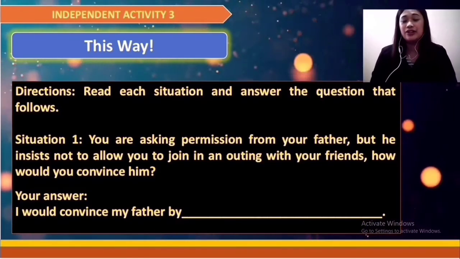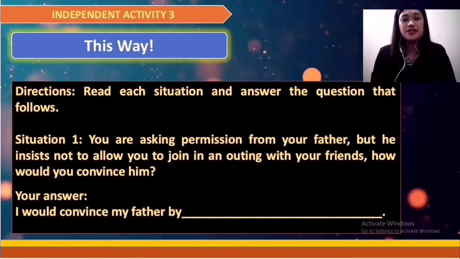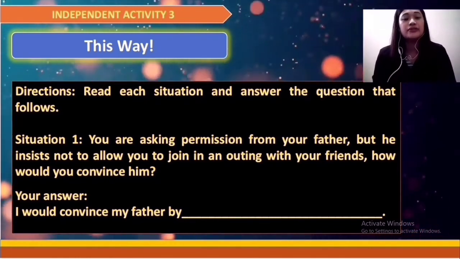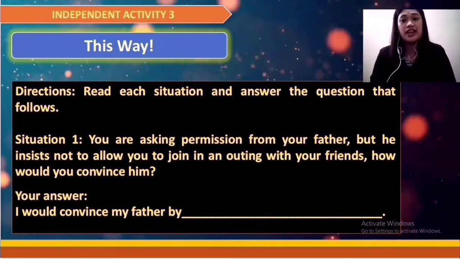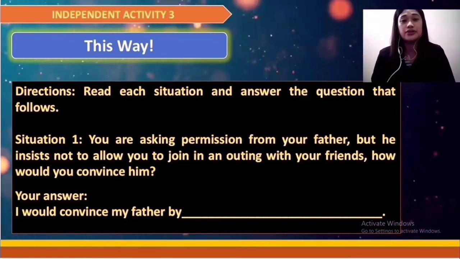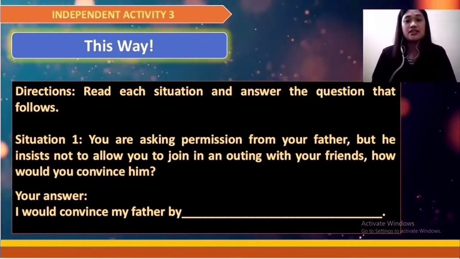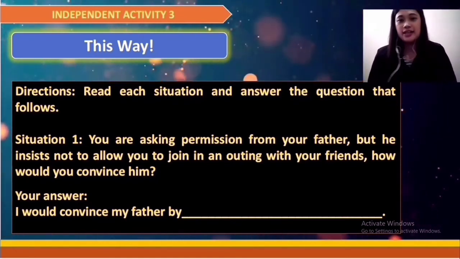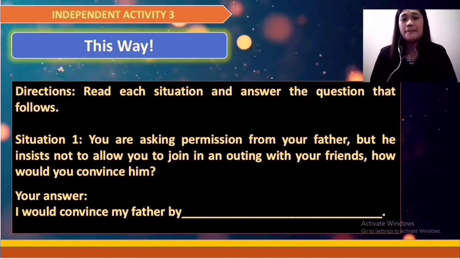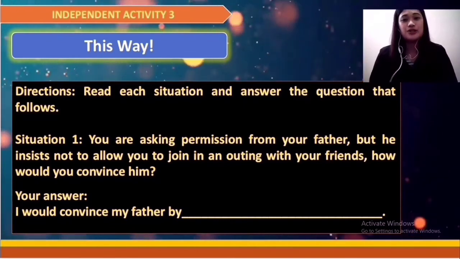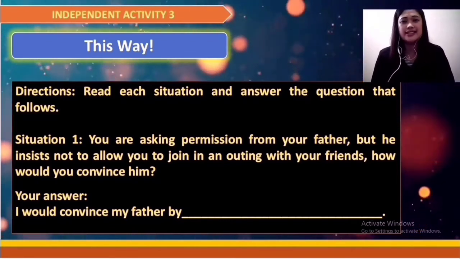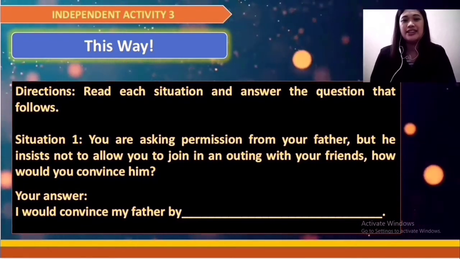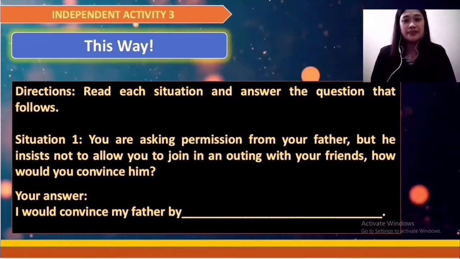Okay, now that we're done with that, let's proceed to the next activity. This time, you're going to read each situation and then answer the question as follows. So I'm going to read to you the situations. First situation, you're asking permission from your father, but he insists not to allow you to join in an outing with your friends. How would you convince him? Start your answer with, I would convince my father by...